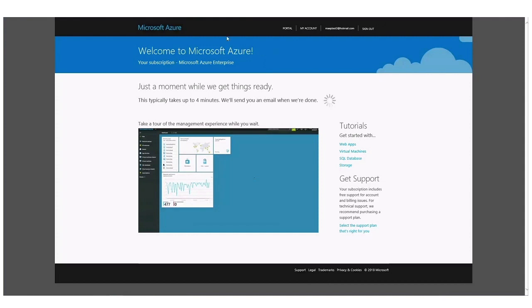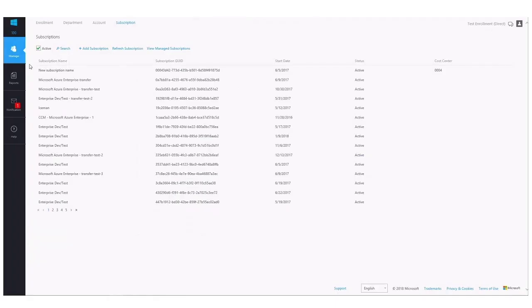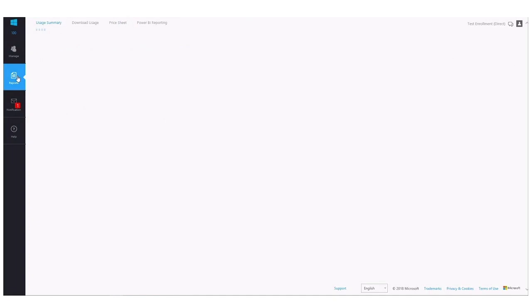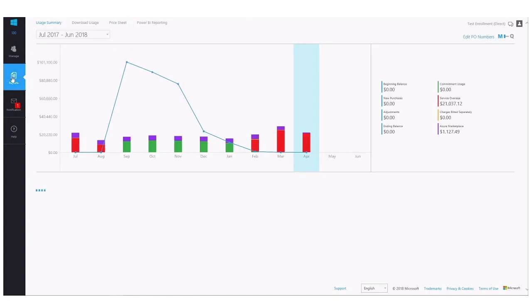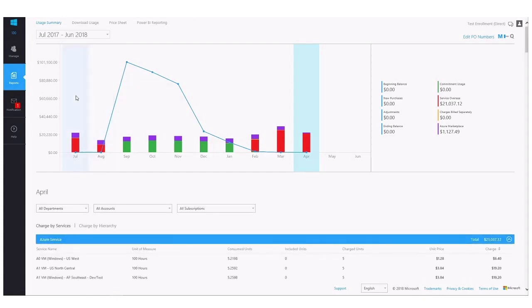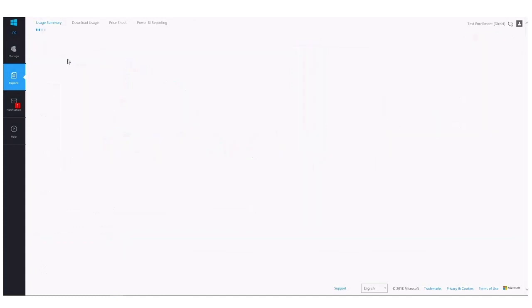While that subscription is creating, let's click back over to the Azure Enterprise portal and we'll take a look at the Reports page. The Reports page is where you're going to get a breakdown of your Azure commitment as well as your monthly usage, your cost against that commitment. Now you'll notice you can filter any particular year or term within your enterprise agreement. Now we have a quick month-over-month breakdown of how we consumed against our commitment within that particular term.